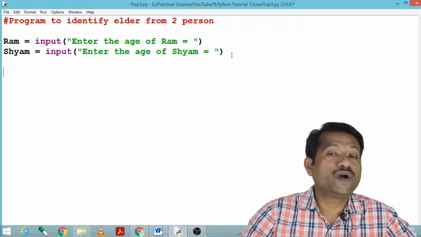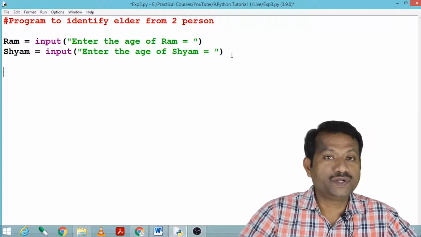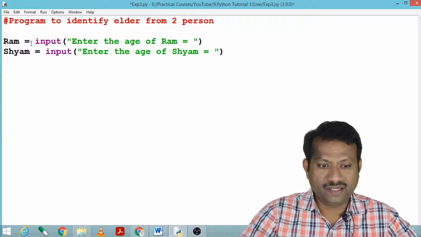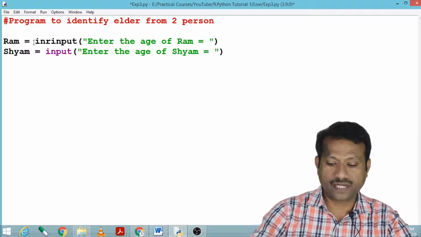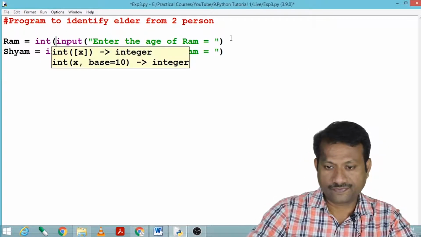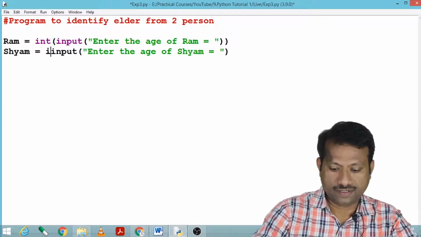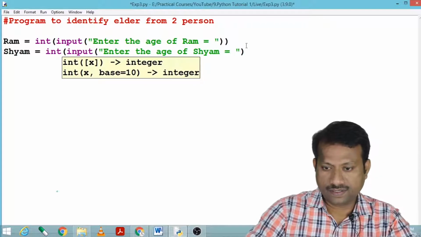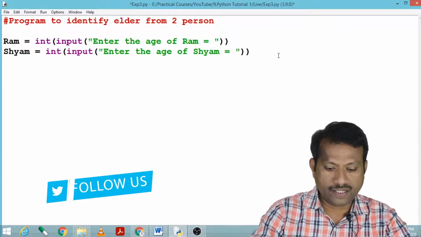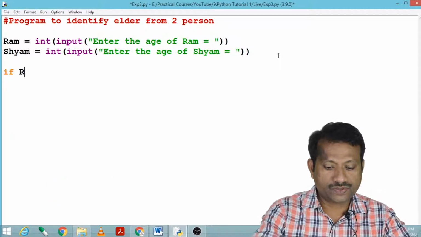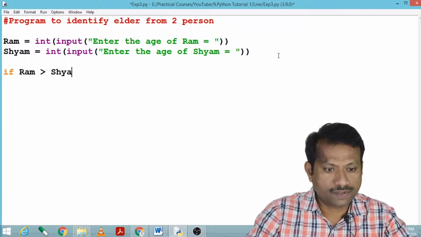Now here, as we have to compare two numbers, that is the ages of Ram and Sham, we need to use an if statement. Here we need to convert that age string to an integer, so we have to write int here. And here use an if statement: Ram is greater than Shyam.